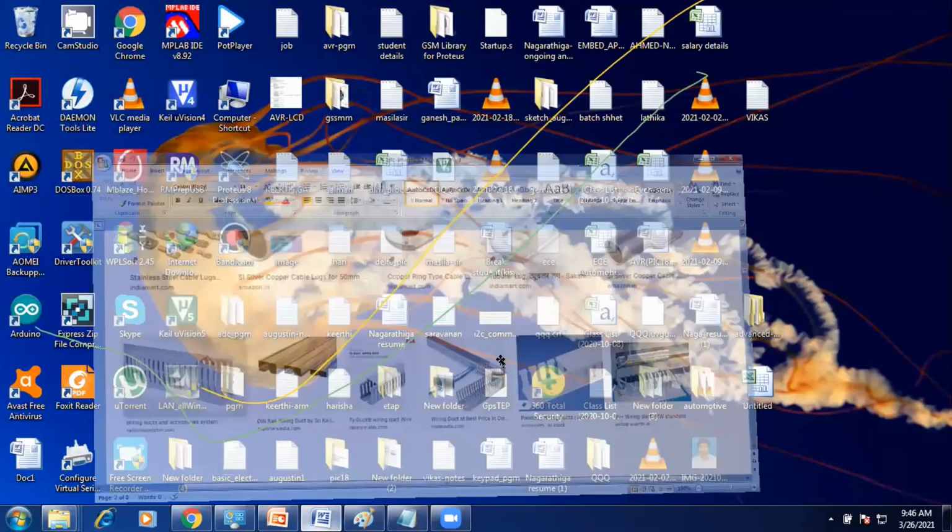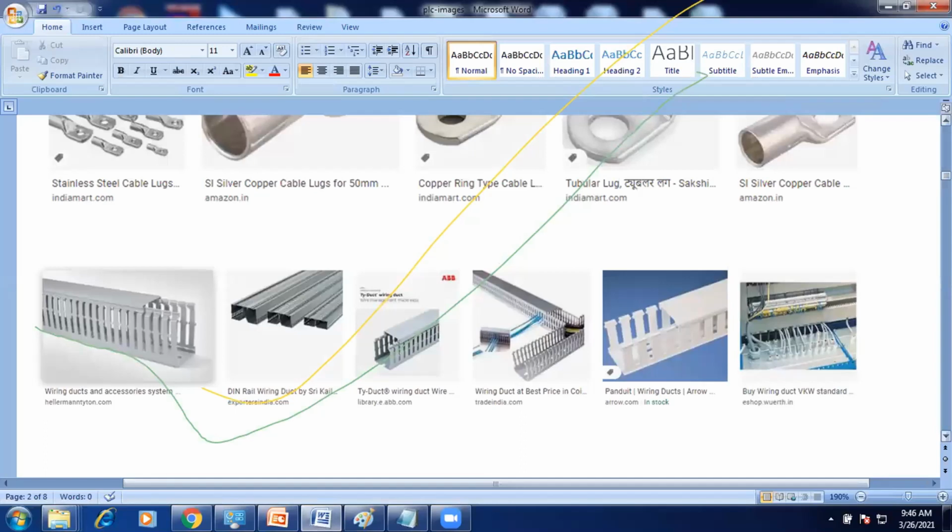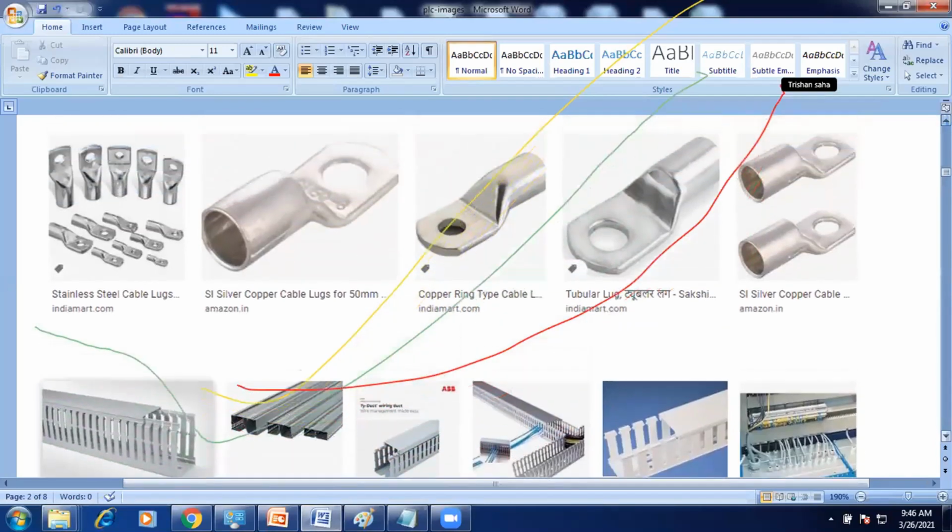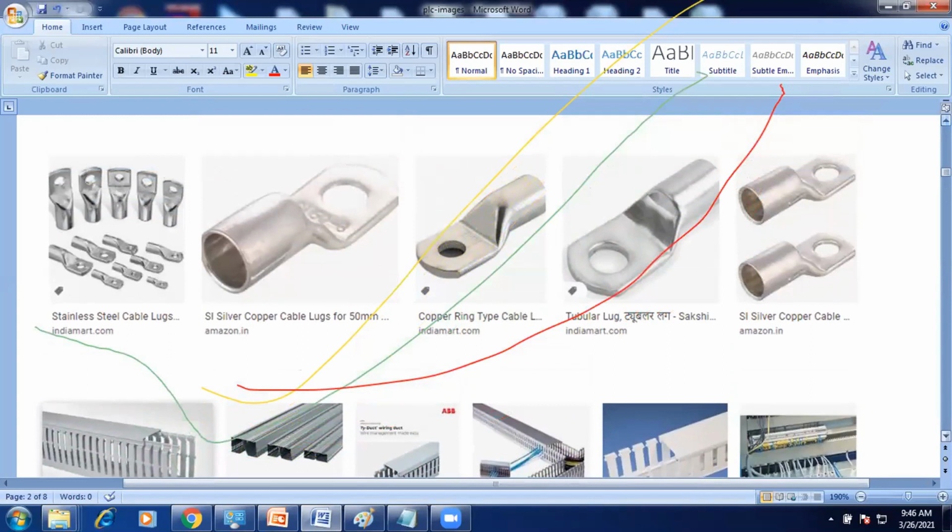See that image here. It is used when a permanent connection is not possible between the devices or cables. If I need a permanent connection, we consider soldering, right? So when we are not using a permanent connection, at that time we can prefer this lug for the connections.